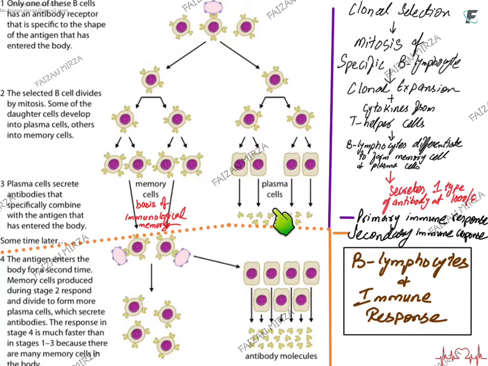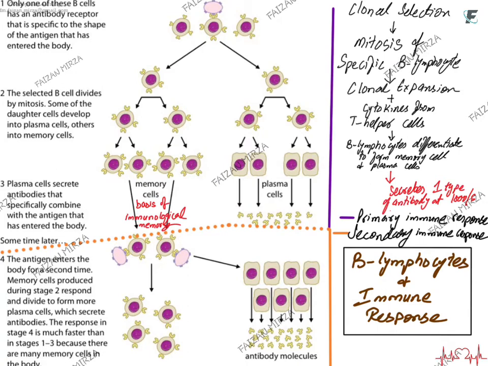You can see that the quantity of plasma cells this time will be more, and these plasma cells will again start to secrete antibodies. And this event, which I have just highlighted orange, is the secondary immune response. It is way more quick. It occurs in a very short span of time. And in the secondary immune response, a person will not fall sick, and even if the person falls sick, the signs and symptoms of the disease will be very mild. This is the infection where we actually get sick, and we get the signs and symptoms of a disease.